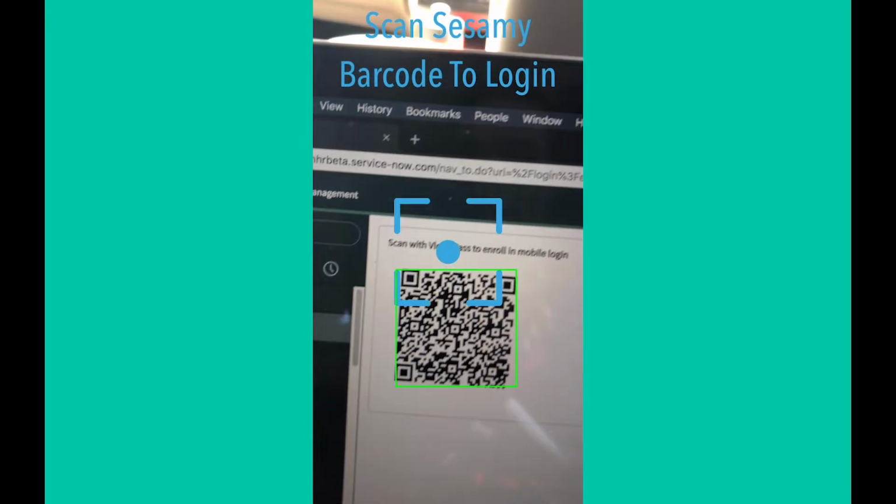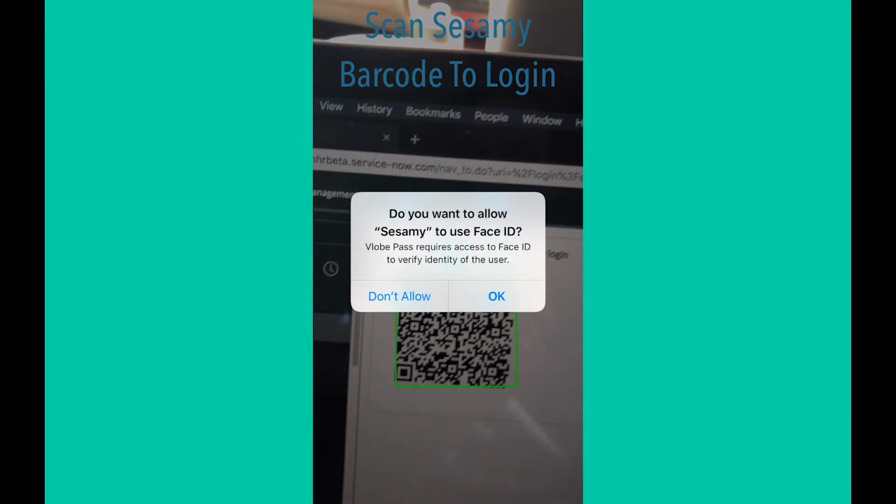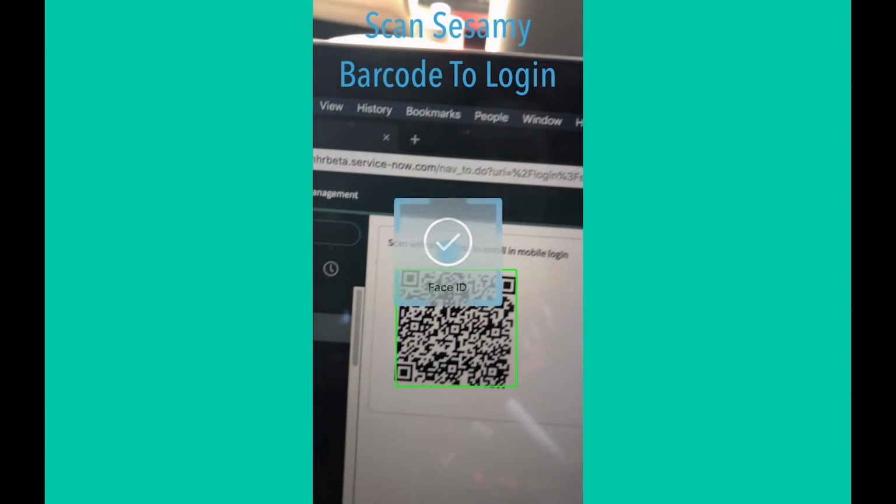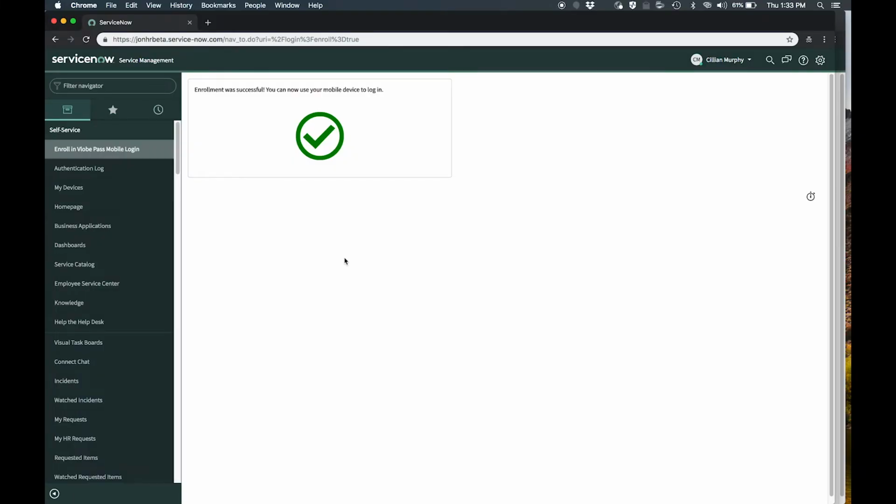And so now I will go ahead and scan the QR code, which will tell me that it wants to use my biometric ID. So I'll go ahead and use my Face ID, and now it tells me that it has successfully enrolled me with the instance. So now I'll go ahead and log out the user,